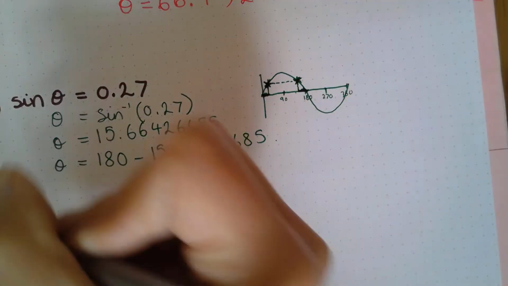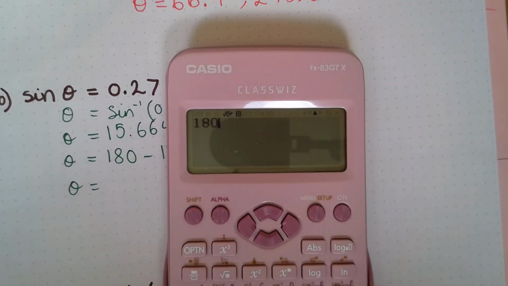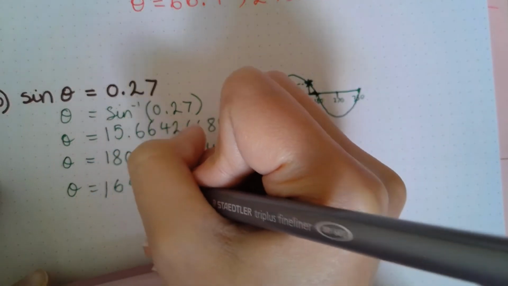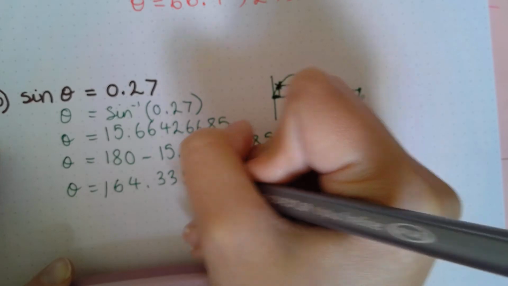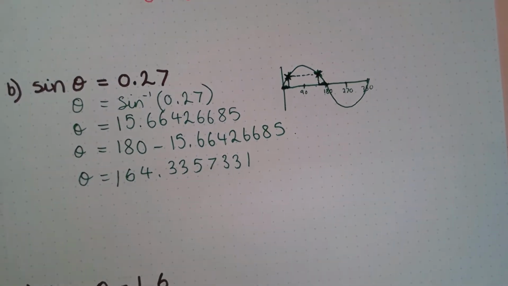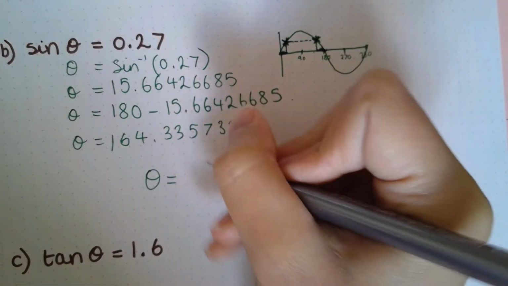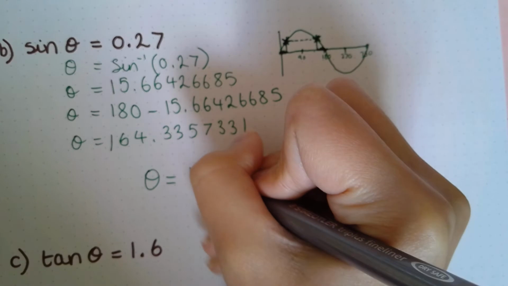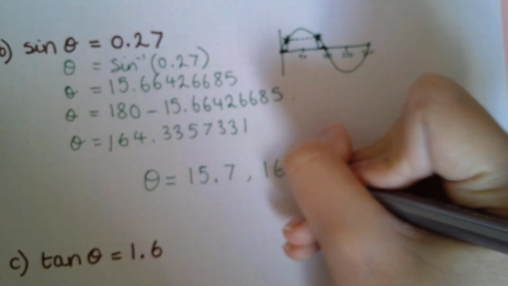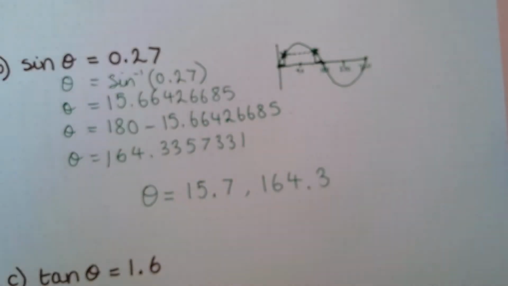15.664266685. So that means that theta is equal to 180 minus 15.66, which is 164.3357331. So then, to one decimal place, theta equals 15.7, rounding it, and 164.3. On the cast diagram,